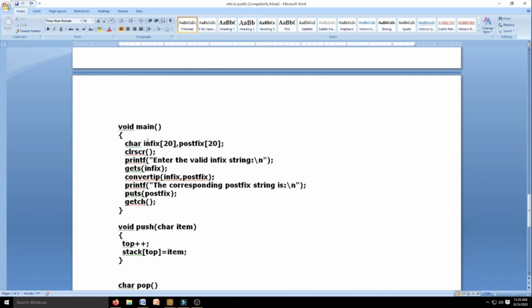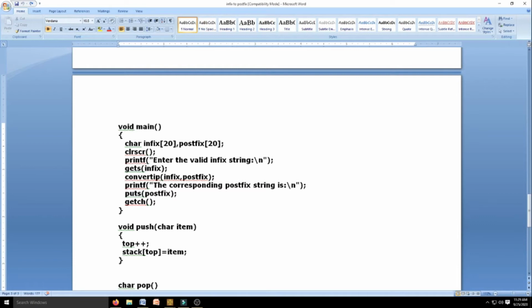What is shown here, basically, is to give you input, and this is to store the result. So therefore I am declaring two arrays. I am asking the user to give the input in the form of an infix expression. I am just reading this. Then I am calling a function called convertIP, which will be explained later.